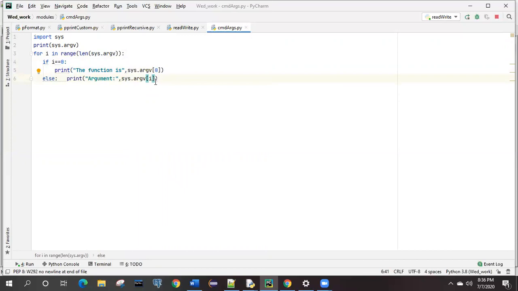How can we run this one? Any idea? Have you seen anywhere that you are not running the code but simply passing arguments, 2 arguments, 3 arguments, from the command prompt or the terminal?